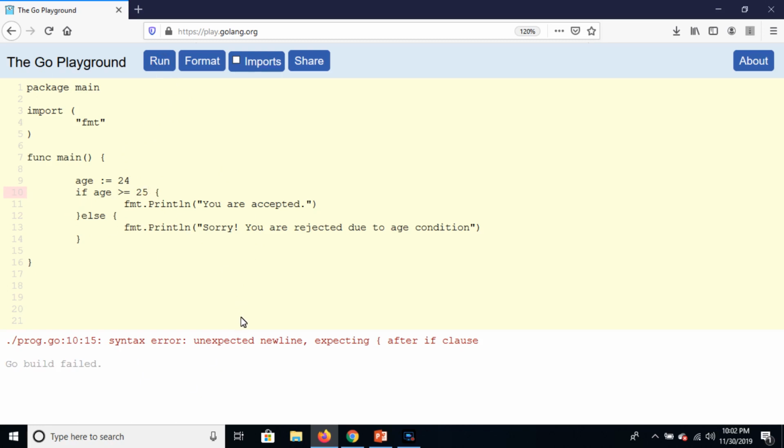This is the way, and you can put braces or not, like that way. And if age is like 50,